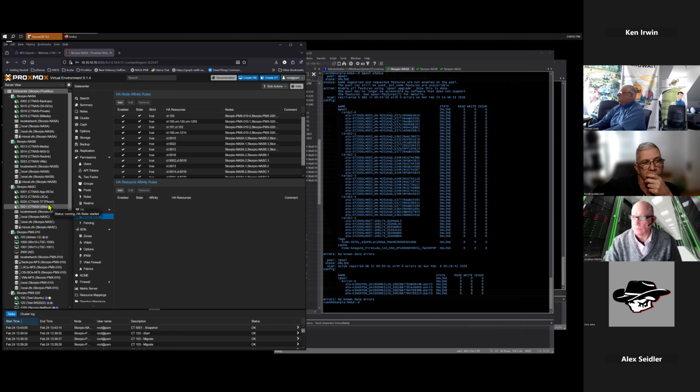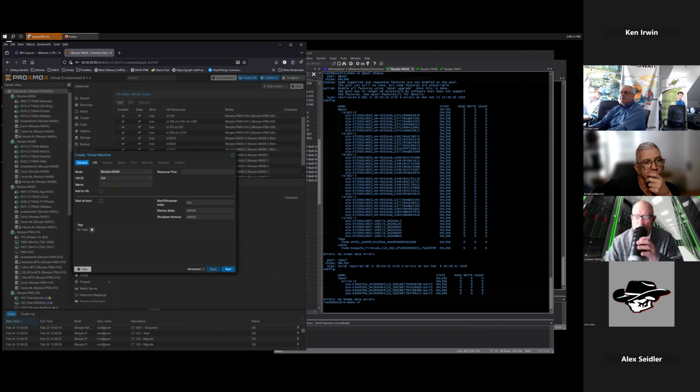Another thing that's very easy to do is taking existing VMware environments and bringing them into this. So if I say I want to create a VM, we'll just call this a VM. Then we come in here and say, don't use any media, because we're not installing this from scratch. We're going to take this from another existing environment.